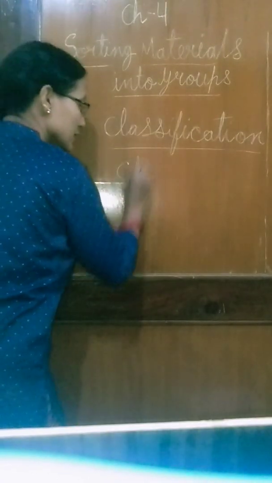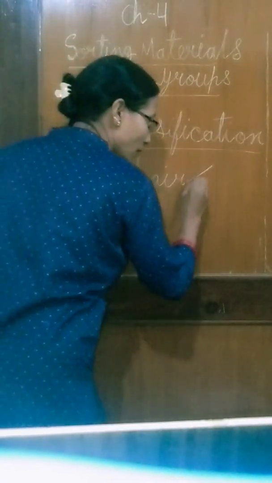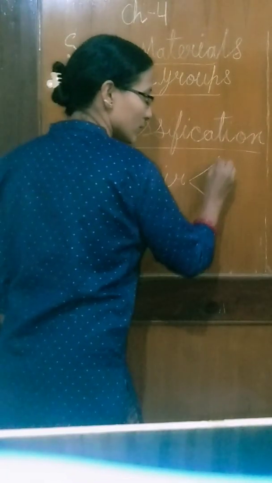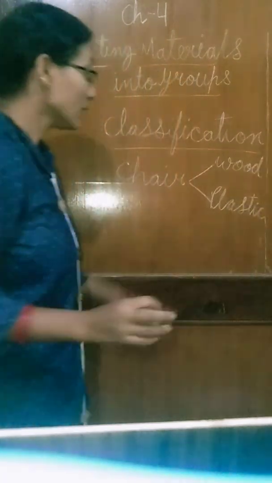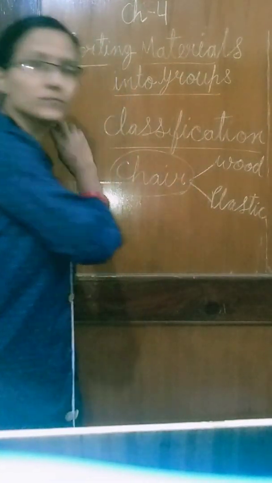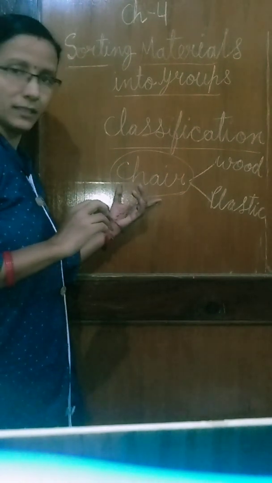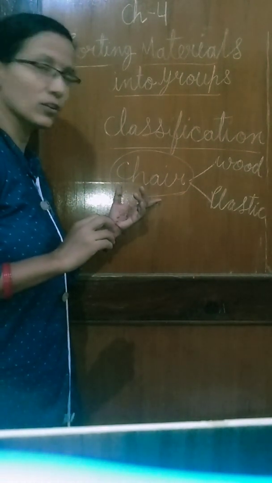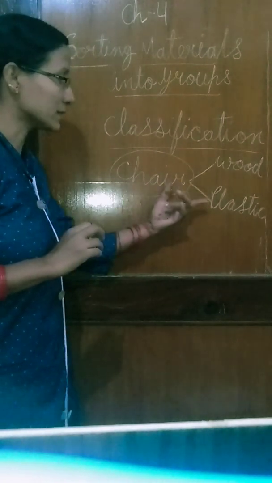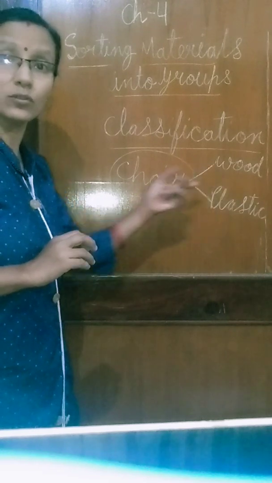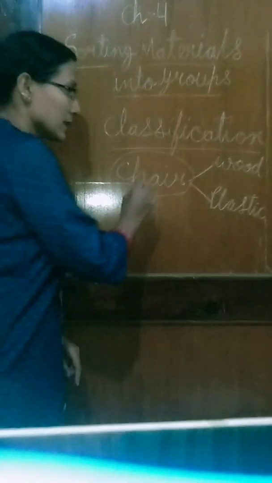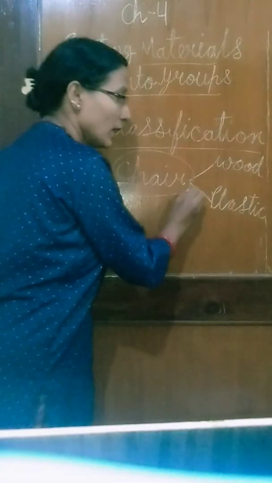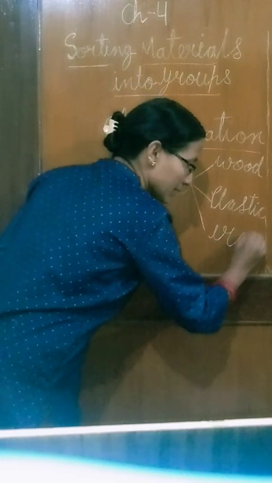For example, a chair. Okay. So the chair can be made of wood. Yes. Okay. It can be made of plastic. Okay. So the same thing, one thing that I have, a chair, but the material we are using, we are classifying things on the basis of material as a plastic material or a wooden material. So it means the same thing can be made of different materials. A chair can be made of wood or plastic or maybe iron also.